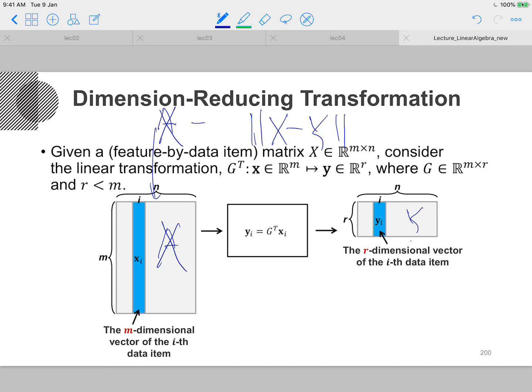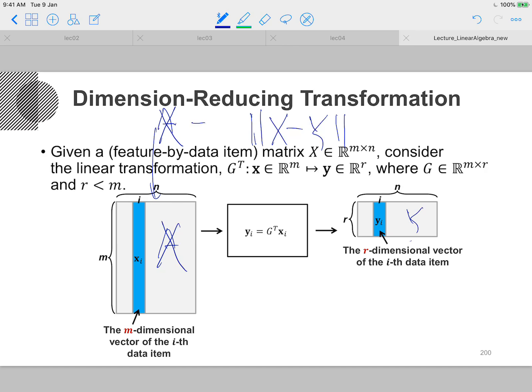A has m rows, and X has m rows, and Y has r rows. So in this case, we can think of what is the fixed number? The fixed number is the number of data items, and when given the same number of data items, then we can consider their